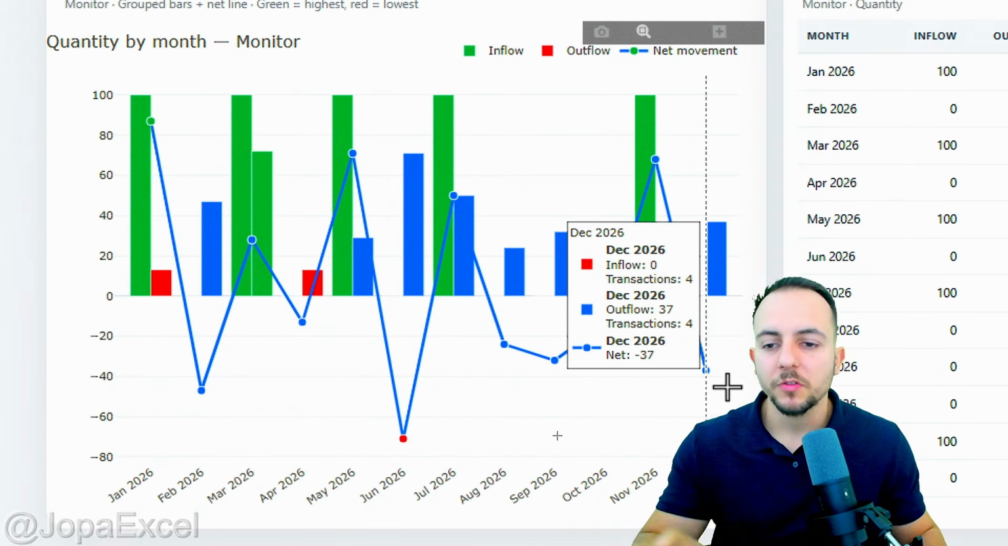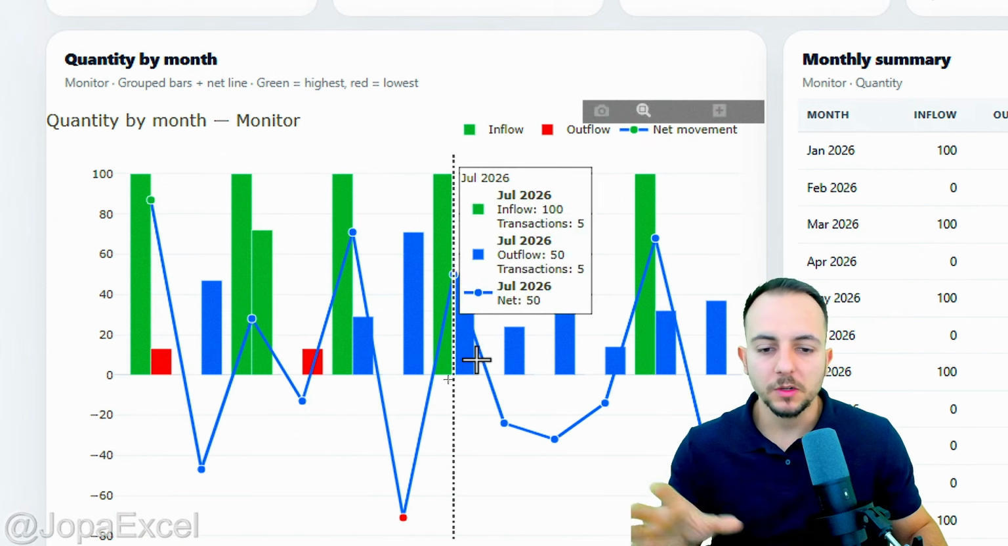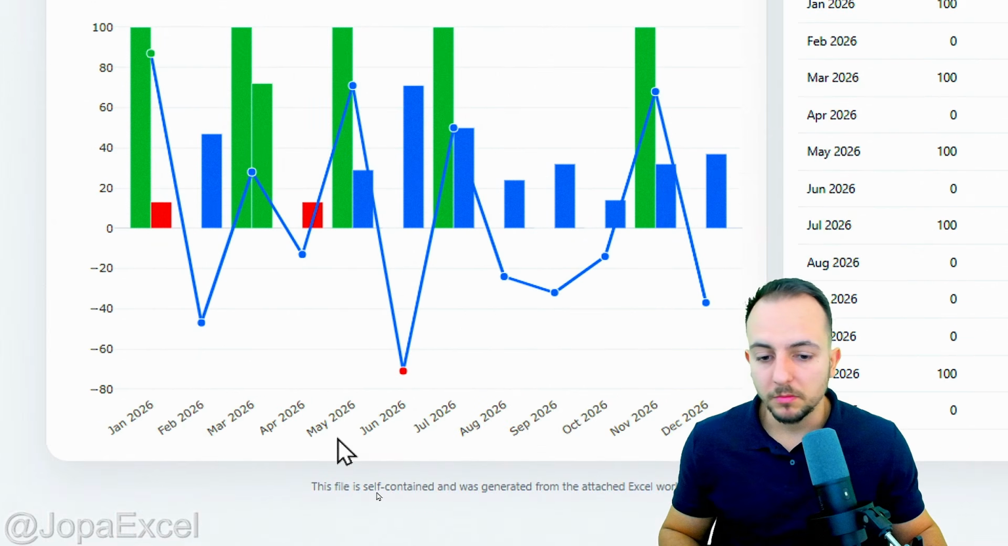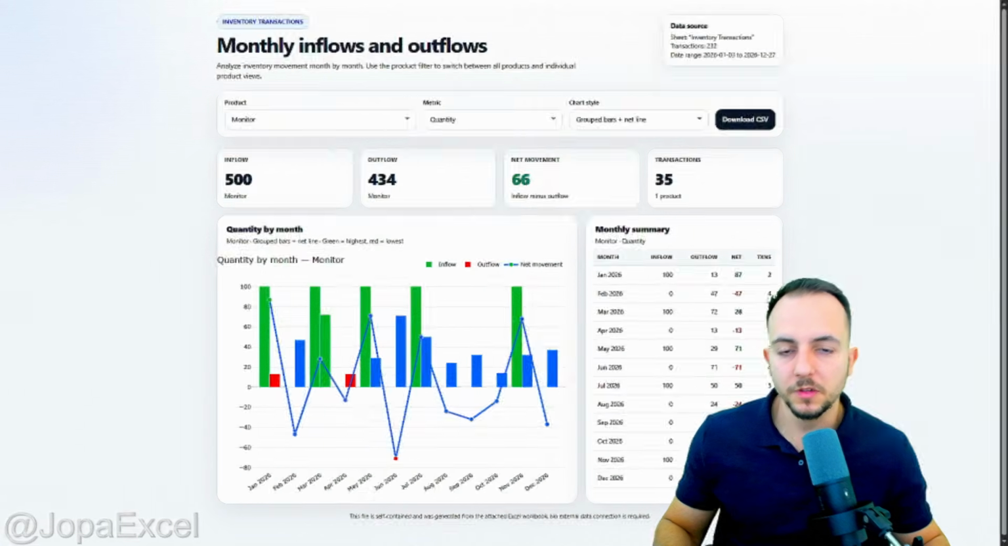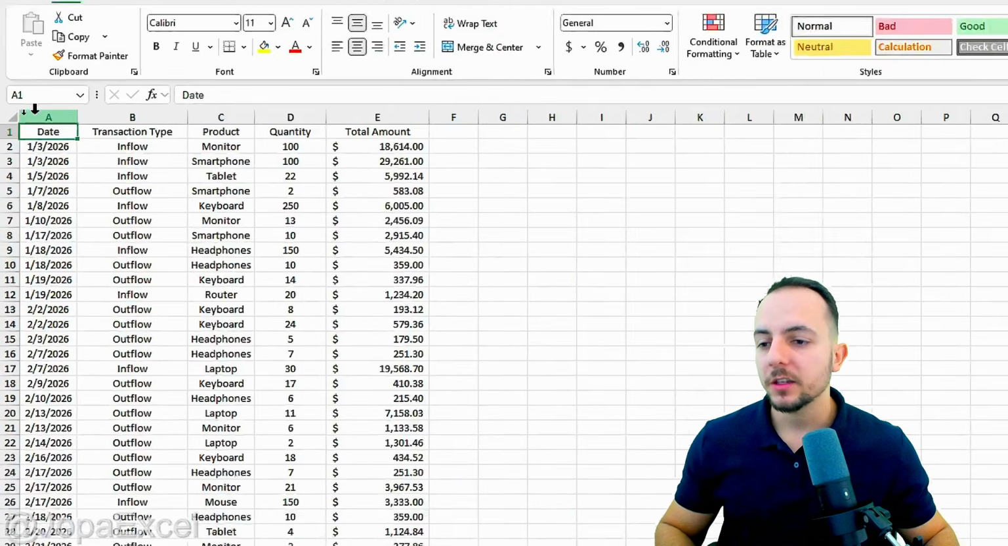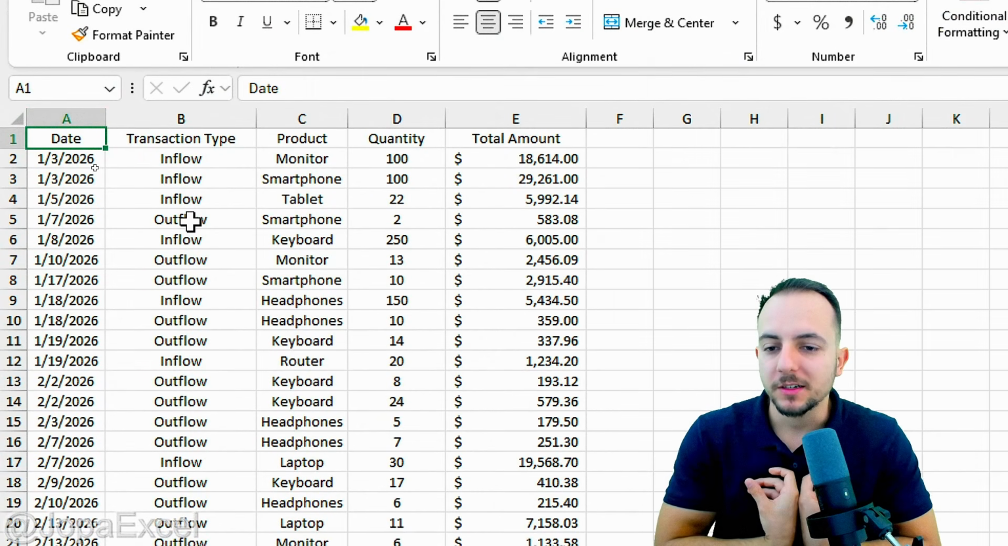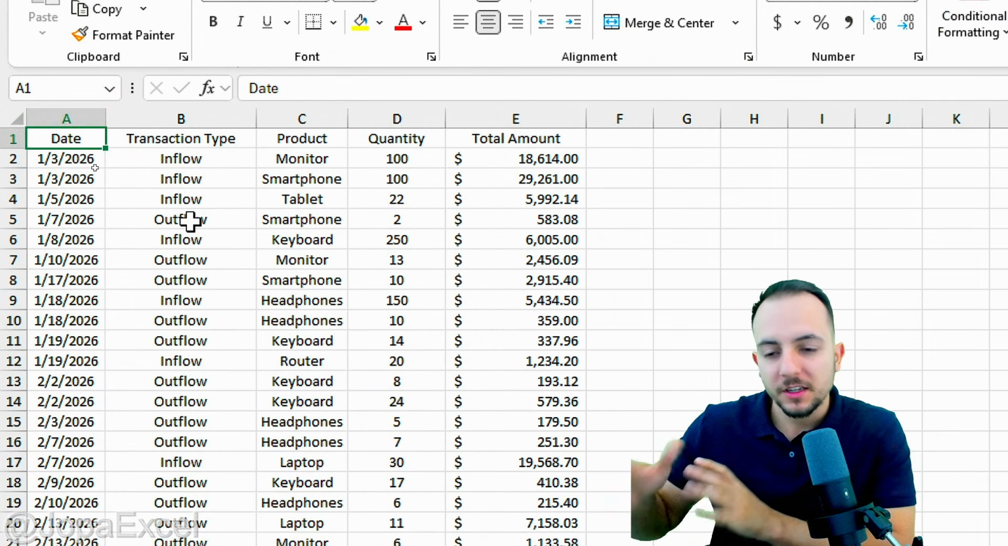Now I can analyze everything: inflows, outflows, and also the quantity I have on hand per product and also per month. So that's it, guys. This is what we are going to see in today's video. In order to use any AI tool to help us on a daily basis in Excel, we first need to